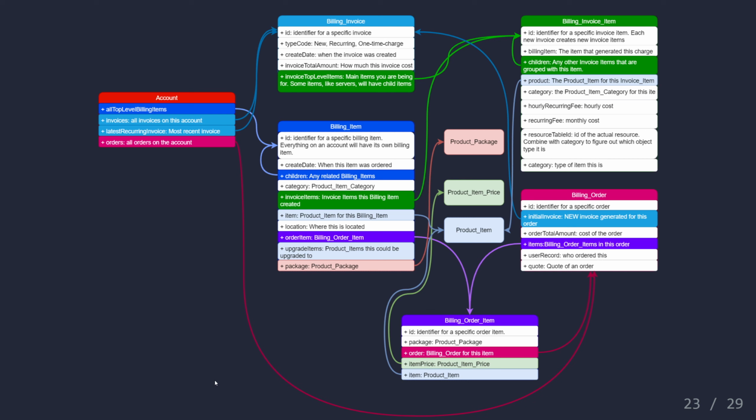All right, here's how all of this relates to each other. So usually you will start off with the account service and use some of the account service methods to get into the invoice data. So for example, at the start, we have all top level billing items on the account. That's going to be everything you are currently being billed for. So all the virtual servers, hardware servers, block devices that are currently active on your account will have an associated